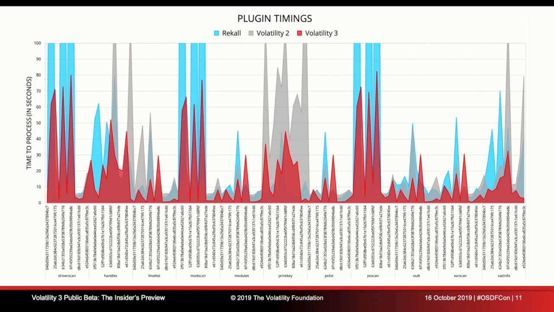And the blue bars are Recall. The only reason those big peaks go off the top is that this was run with Recall in full scan mode, because they used a little shortcut to only scan bits of memory they thought were necessary. But when you actually scan all of memory, they fail on Windows 10 images in the same way that Volatility 2 did for a little while, which is